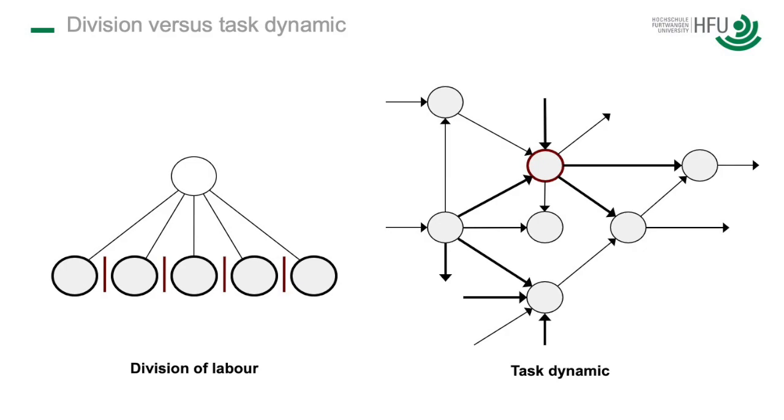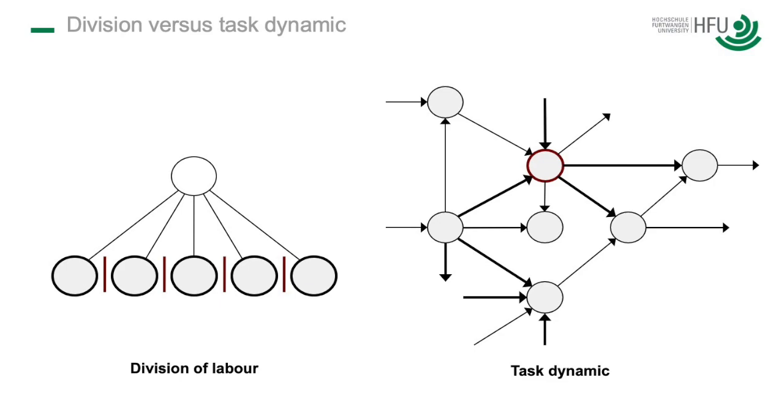So this is another chapter. We could talk an hour about why it is better to have multiple brains in a team to solve a complex task. I don't want to go too deep into this, but the probability that someone in the team has the crucial idea is much higher when you are a team and have different perspectives within a hopefully diverse team. So with complex tasks, you better do not have a division of labor. You better have